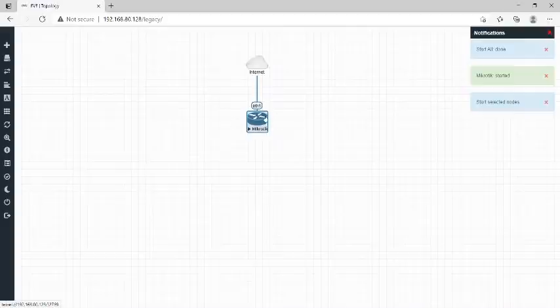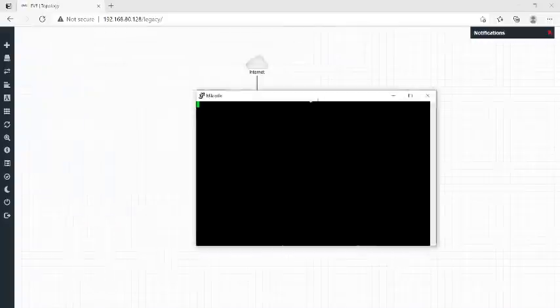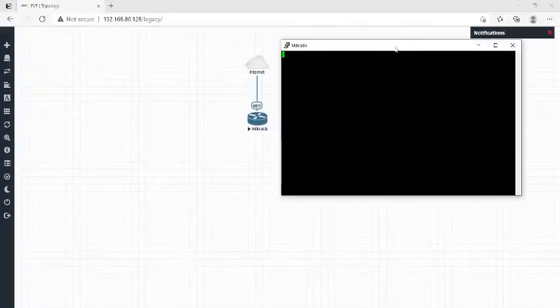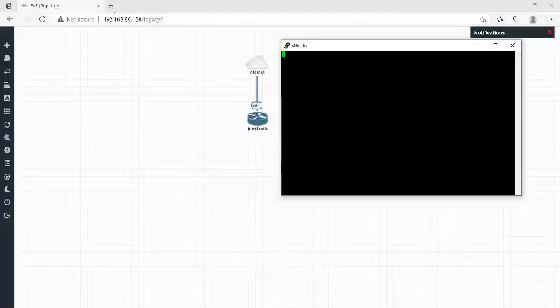Here you can see now it is showing in blue color, and we have to wait for a moment so that it gets power successfully. And with this, for CLI access, you can just double click on it and open your application. I have installed the PuTTY, so I am getting the CLI access via PuTTY. And if you want to get the GUI access, you have to download the Winbox. Here I have already downloaded. Let me show you how you can download it meanwhile it is getting power on.